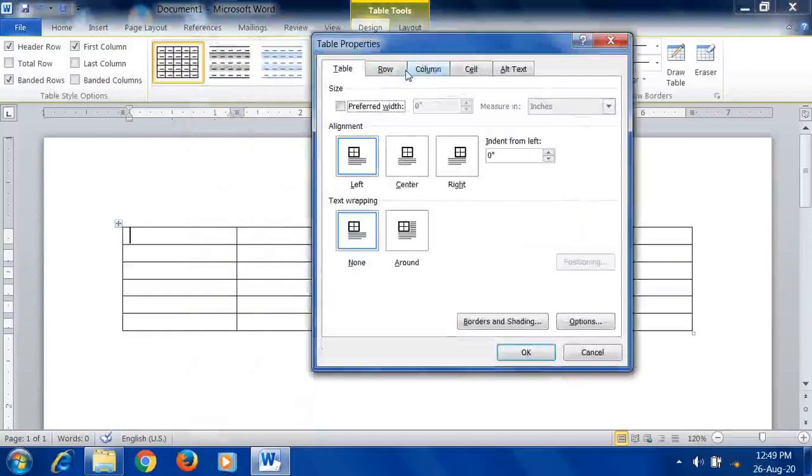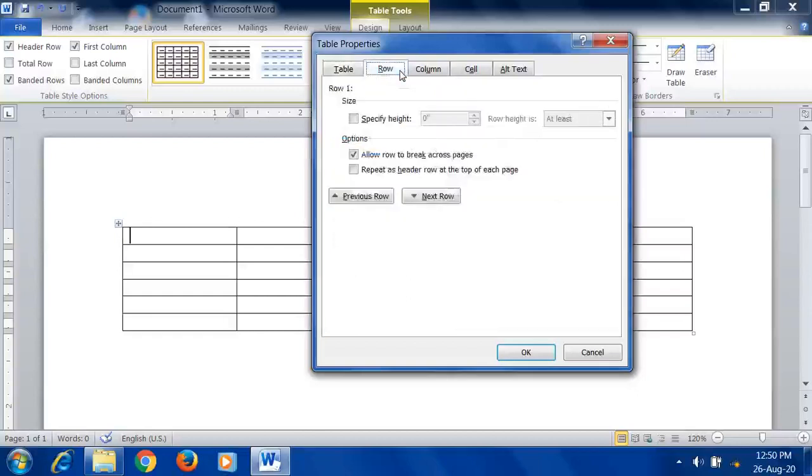So in that select the row tab. Okay, so select the row tab from this table properties window. So now there are different tabs given. So from this let us select row. Now here one option is given, specify height. Okay, so just tick that mark and now you specify, for example, let me type it.